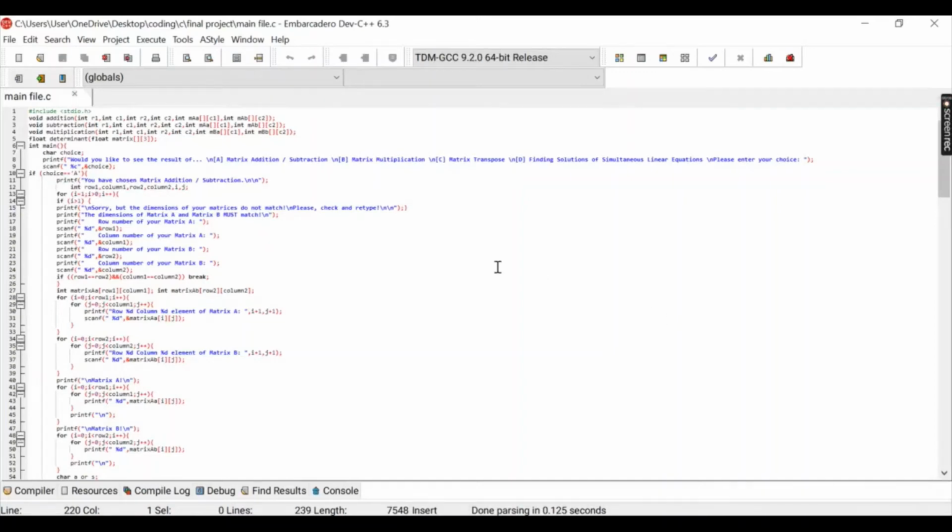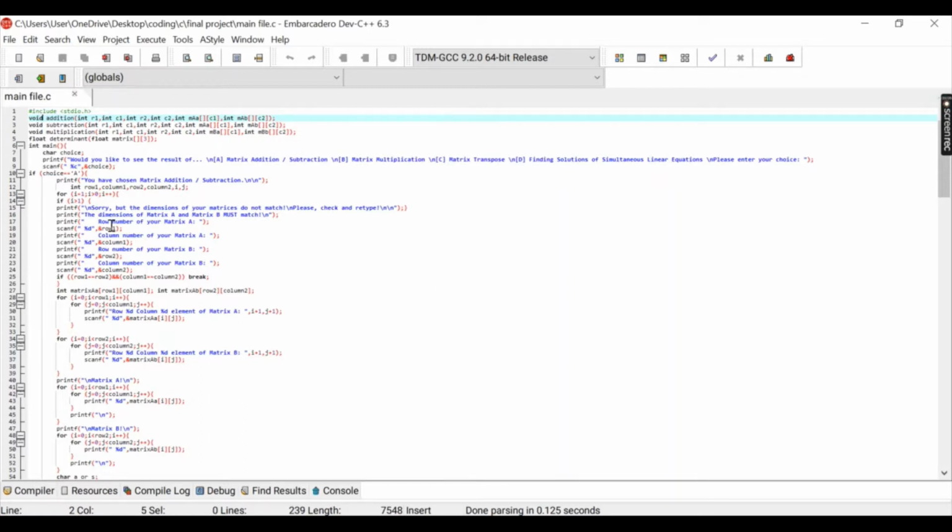Beginning my code, you can see I used include stdio.h to use our normal functions, and you can see I included my user-defined functions: void addition, void subtraction, multiplication, and determinant. I believe for this project we were only asked to use a user-defined function to return the determinant, but I decided that I would be able to keep my code more organized if I made user-defined functions for addition, subtraction,